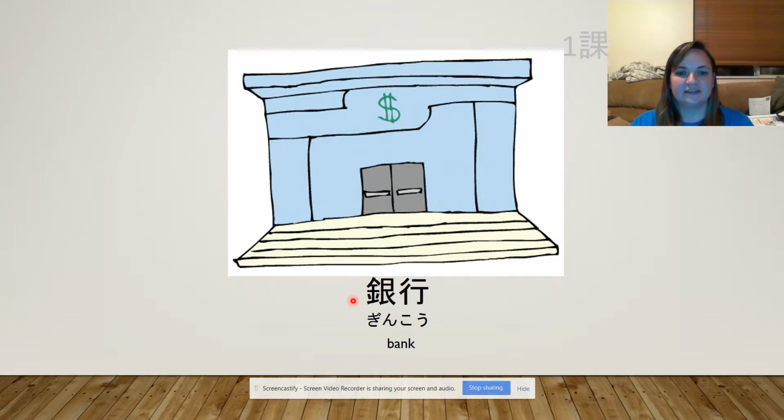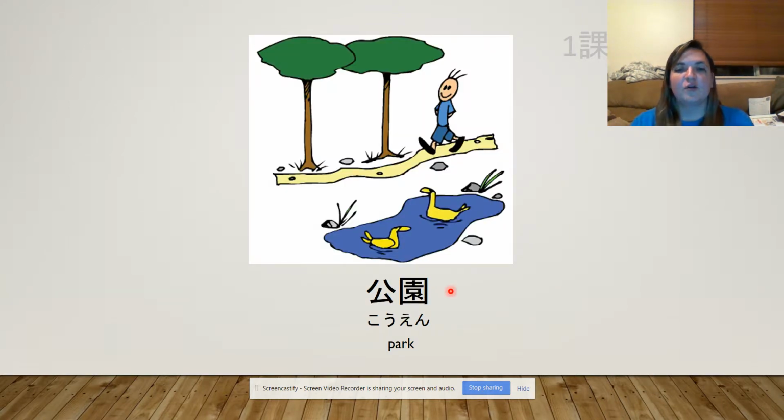This is used in kin, as in kinyobi, or kanji means what? It means gold, right? So it makes sense. We're talking about the bank. It's where the gold goes, right? Okay. 銀行です。次は、公園。公園です。はい。